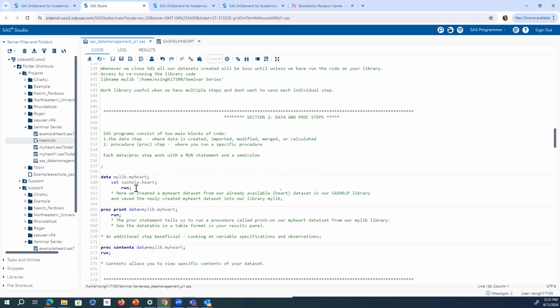So as long as your data steps have a specific line, and then you mention the run statement with a semicolon, that means that you want this whole chunk to be read into SAS and to be run. So for example,